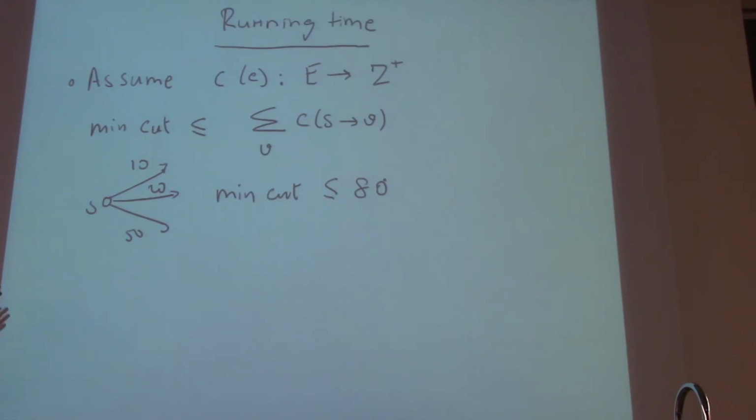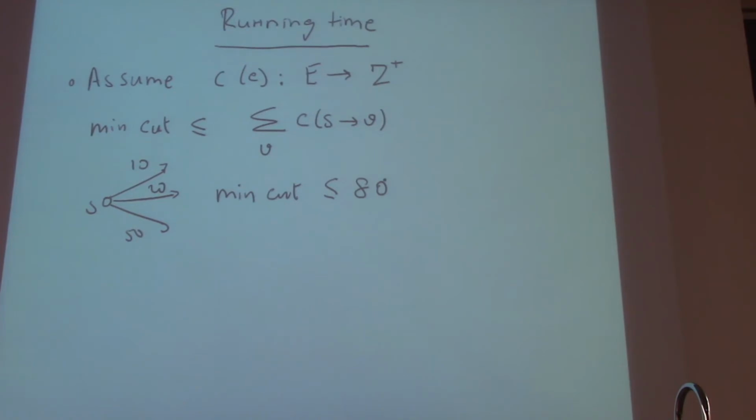Can we be sure here that we're always pushing a certain amount of flow at every step? What do people think? Can we guarantee this? That there's always some amount of flow being pushed? There's a lower bound, in other words. We can always say the flow we push in any step is at least something. Yes? So any path will have a capacity, if it's non-zero, it must be 1.